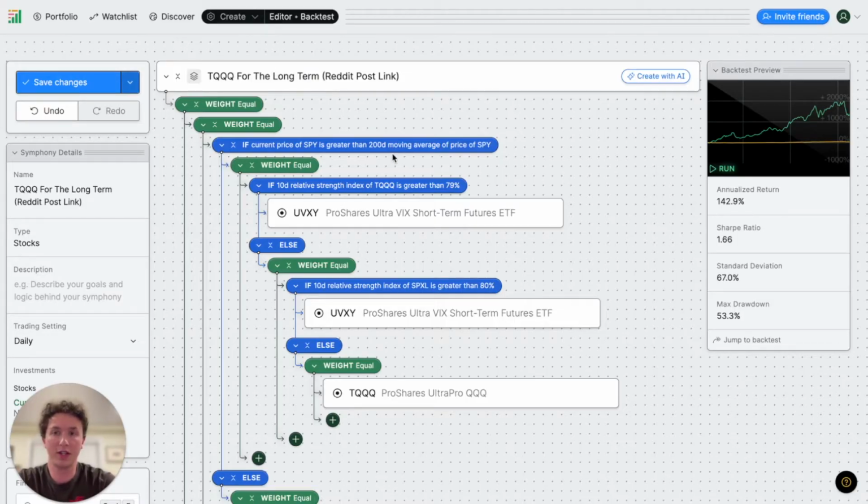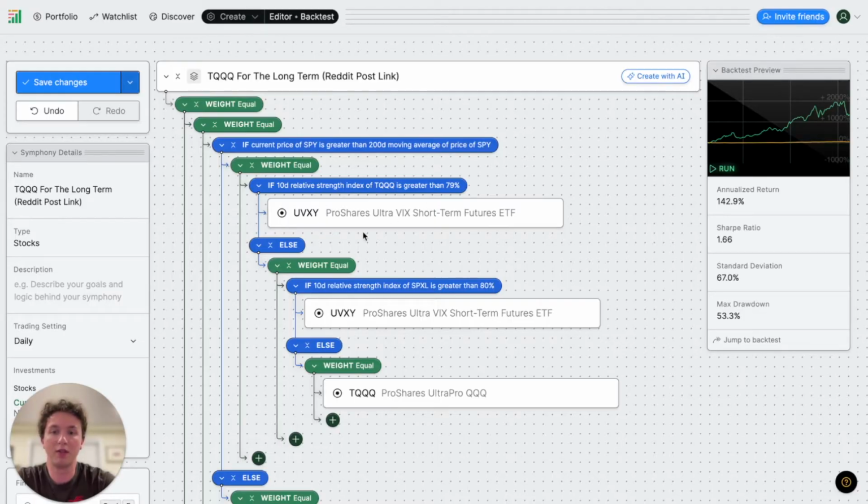So the core of this strategy is built around two ideas, and that first idea is that of mean reversion. When assets get too extended, either overbought or oversold, they can often snap back to their average. The strategy will look for these moments using the 10-day relative strength index. Here's an example of one of those instances right here.